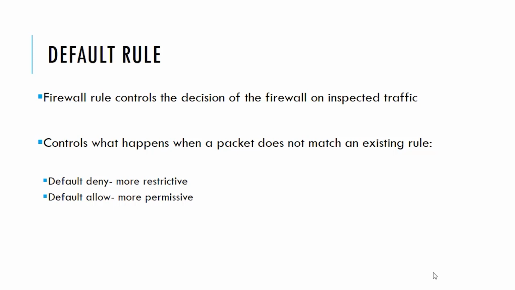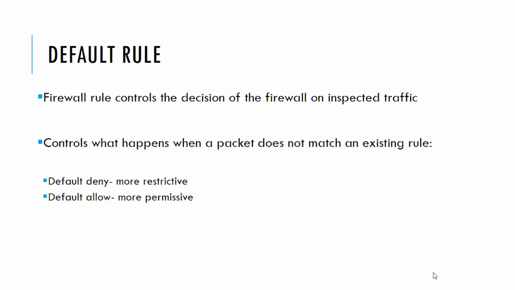If you by default will accept all traffic, then you should specify through the rules configuring this firewall what traffic to reject. And vice versa. If you will reject all the traffic, then you should specify through the rules of your firewall what traffic to accept. If you choose your default rule to be deny, then your firewall will be more restrictive, more cautious and more sensitive to any traffic. It will prevent all the traffic from entering your network and allow the traffic that is matching the rules below, the rules configuring this firewall.